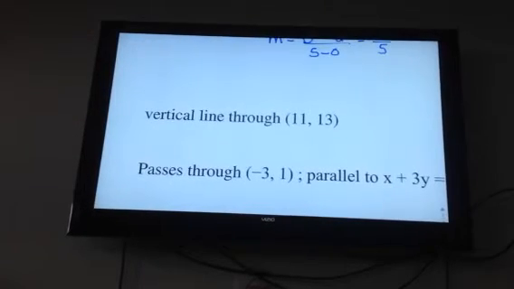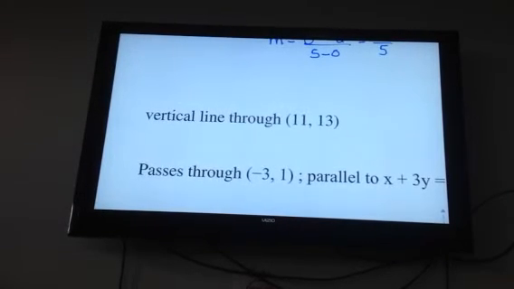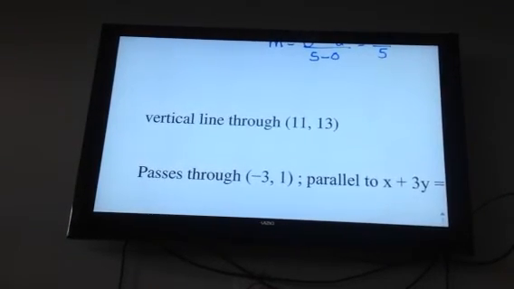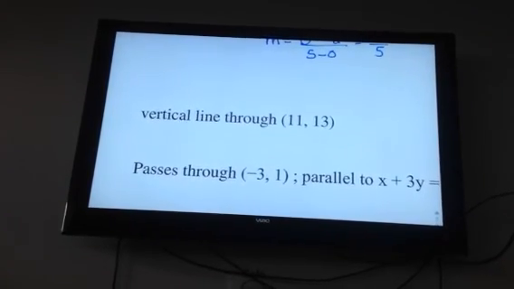All right, ding, ding, ding, ding, vertical line. Keywords there to know that this is a special line. So this is all up in my brain question. It's vertical. Vertical is an x equals. If it passes through the point 11